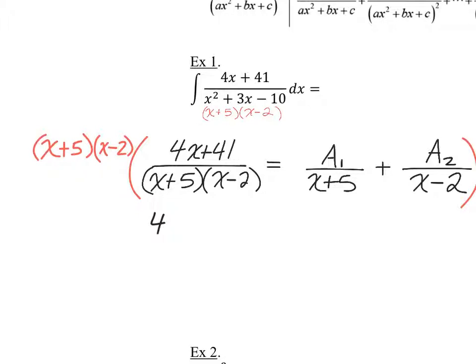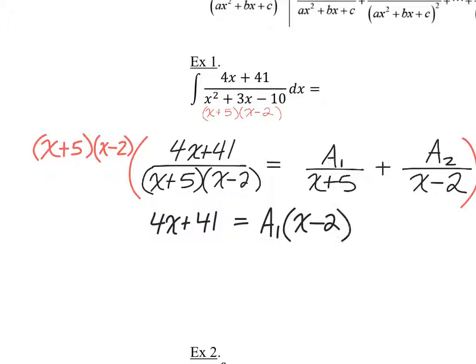That's going to give me 4x plus 41, because it would cancel on the left-hand side. We're multiplying this by each fraction. Right? You can multiply an equation by whatever you want as long as you multiply each term by that same expression or product of expressions. When I multiply these factors by the first fraction, the x plus 5s cancel out, leaving me with the A1